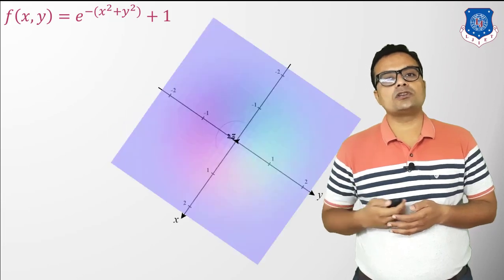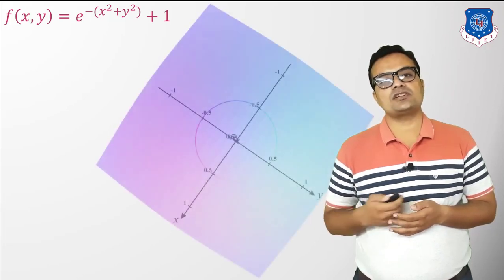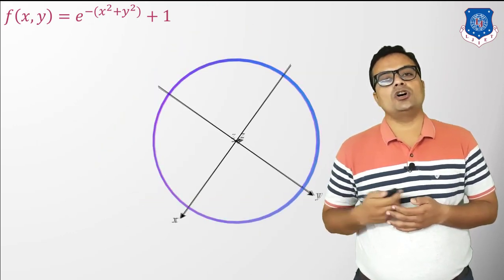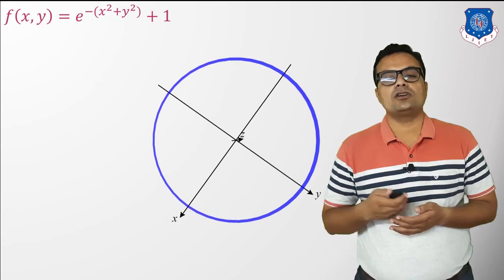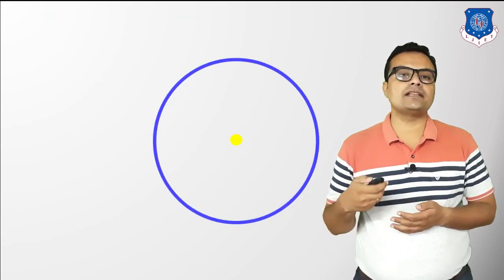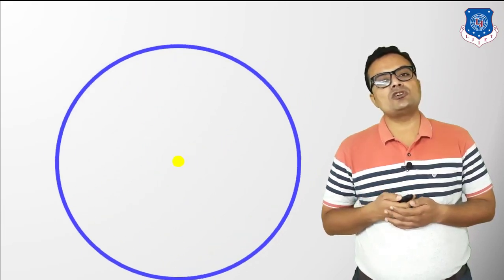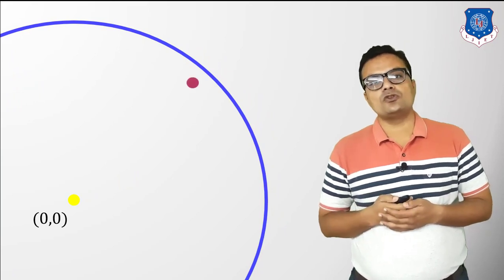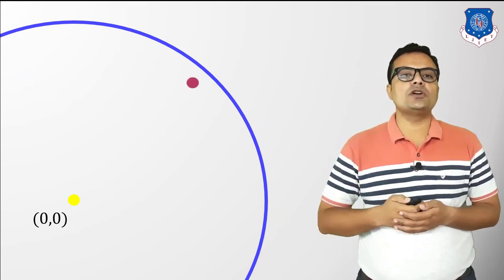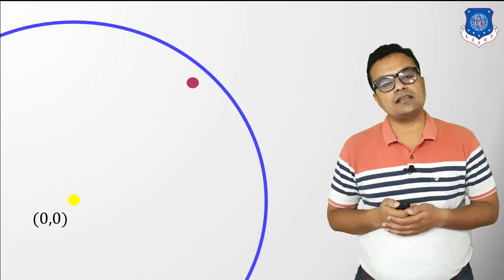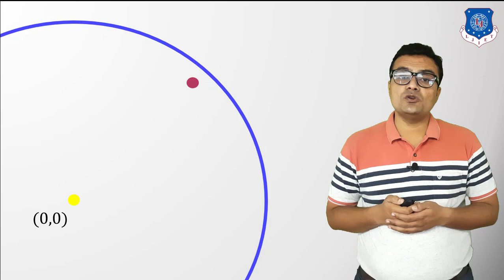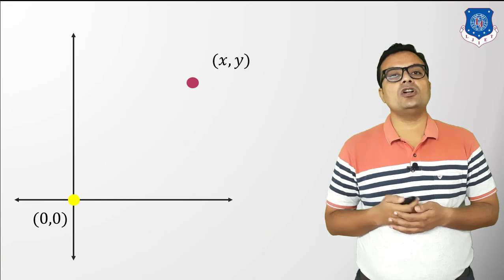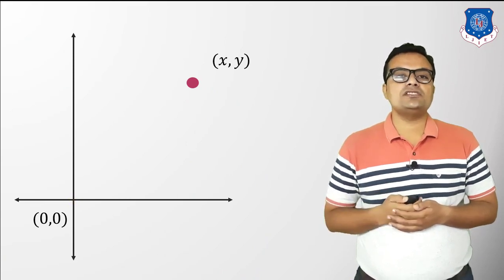So if I go for the top view of this particular structure, then I can see clearly that the point of interest is origin, and correspondingly my surrounding is given by this blue circle. So now I am representing origin by yellow point and surrounding by blue circle. If I select a random point, which is represented by purple dot in this ring, which is neighborhood of point (0, 0),